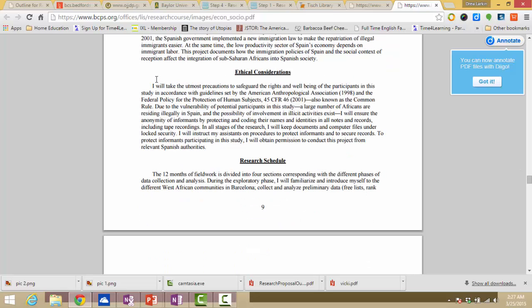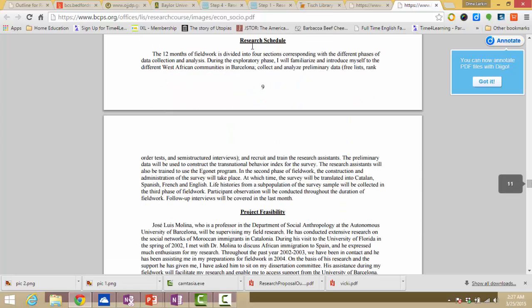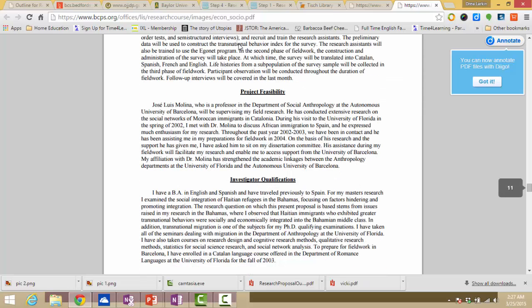These guys decided to talk about ethical considerations because they're going to do so many interviews. They have to think about how are we going to treat the participants, the interviewees in this study. And that's what this discussion is about. And then the research schedule, which of course is another way to say the research timeline.